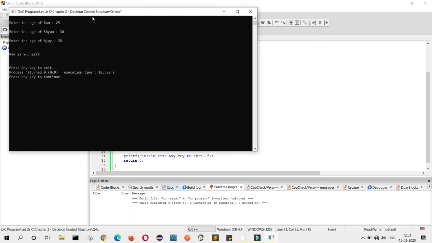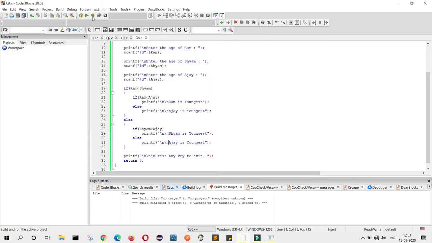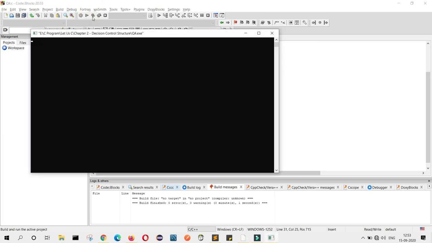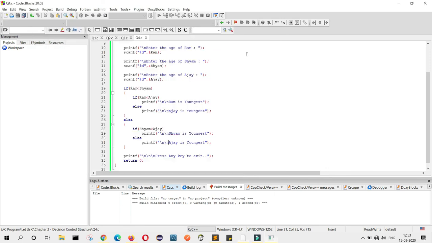Ram is youngest. Now I will run it one more time. Ram is 30, Shyam is 18, Ajay is 45. Then Shyam is youngest. That is fine.